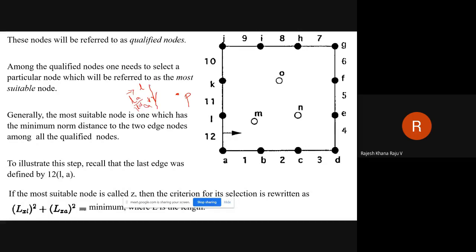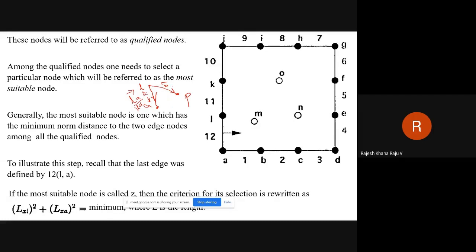And if you join the beginning point L of edge LA to this P, and if you take a unit vector in this direction, let us say this unit vector is A cap and this unit vector is B cap. So A cap is the unit vector along the edge LA and B cap is the unit vector along the line LP, where this line LP is created by joining the beginning point of the edge L with the node P which is under consideration.